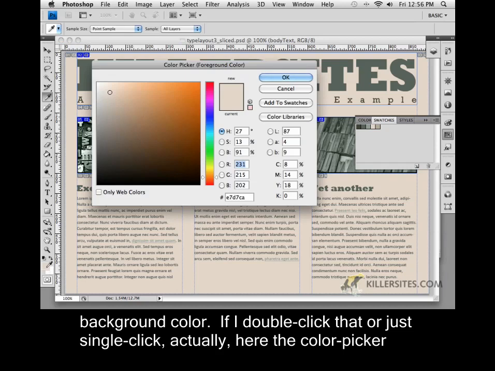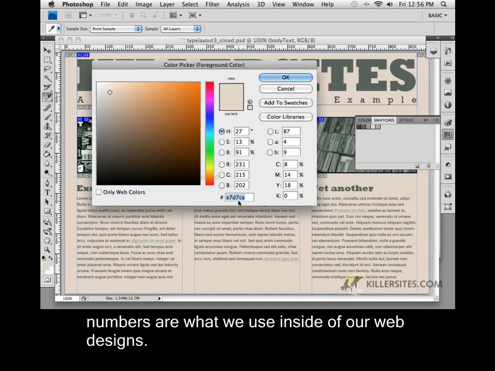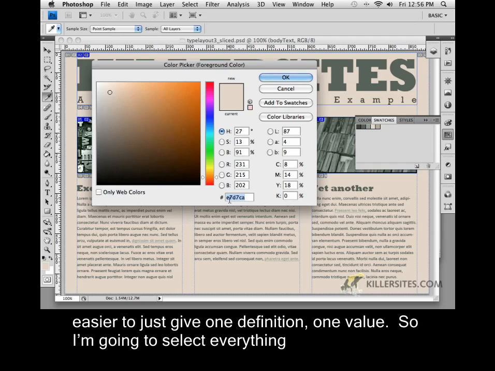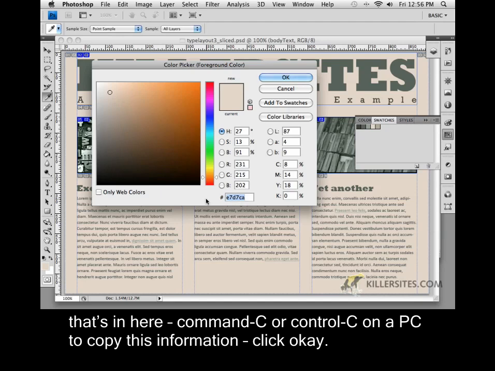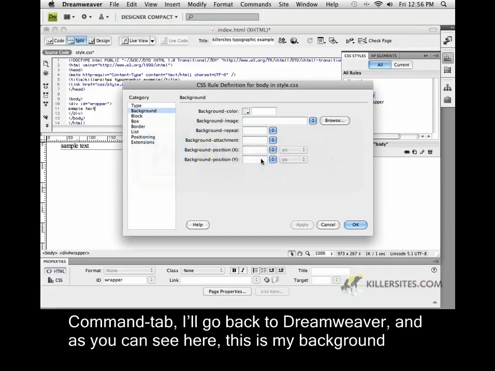If I double click that, or just single click actually, the color picker for the foreground color gives you a value that is a hexadecimal number. Hexadecimal numbers are what we use inside of our web designs. Certainly you could use an RGB value when you're working with CSS, but it's much easier to just give one definition, one value. So I'm going to select everything that's in here, Command C or Control C on a PC to copy this information. Click OK. Command Tab, I'll go back to Dreamweaver, and as you can see here, this is my background